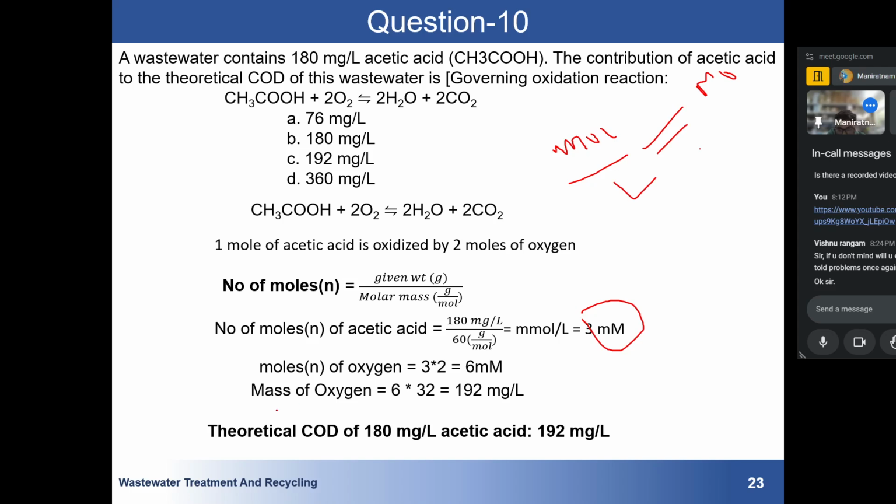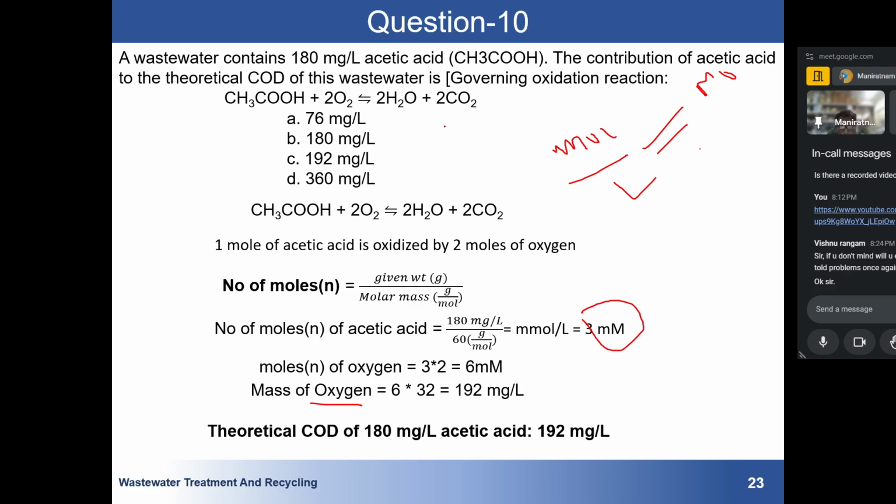So the acetic acid is 3 millimole, and we know that for 1 mole, 2 moles of oxygen are required, so moles of oxygen will be 3 into 2, that is 6 millimole. Then, knowing the moles, we can again use this formula to find out how much oxygen in gram will be needed. So 6 into 32, because the molecular weight of oxygen is